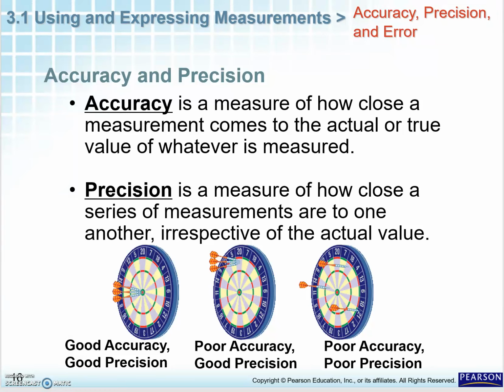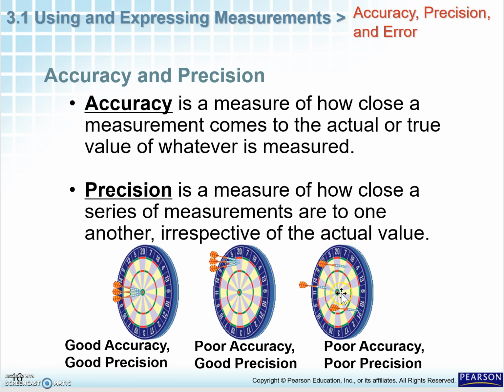Now, the reason that we use all of these scientific notations is because we want to make sure that we are the most precise and the most accurate as possible. So accuracy is a measure of how close a measurement comes to the actual value. So for example, this one has poor accuracy because it's not very close to our bullseye in the middle, which